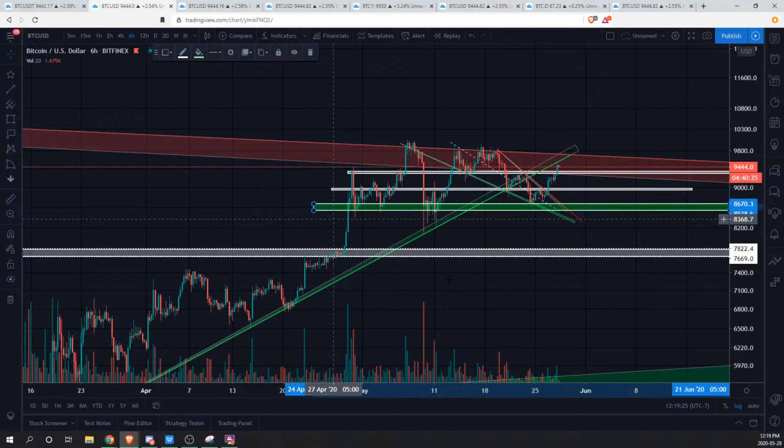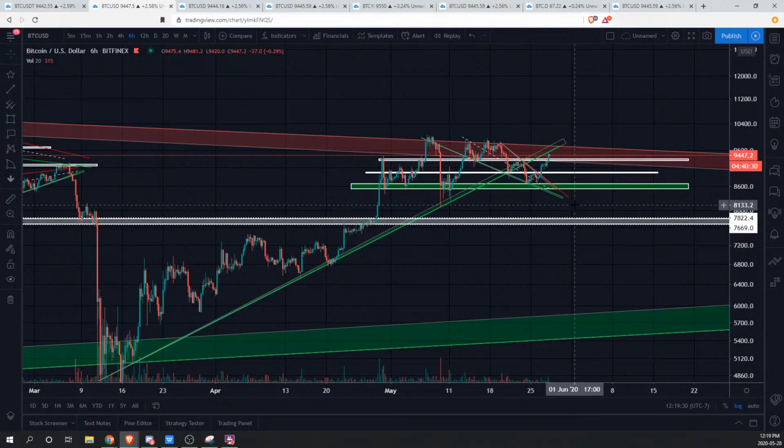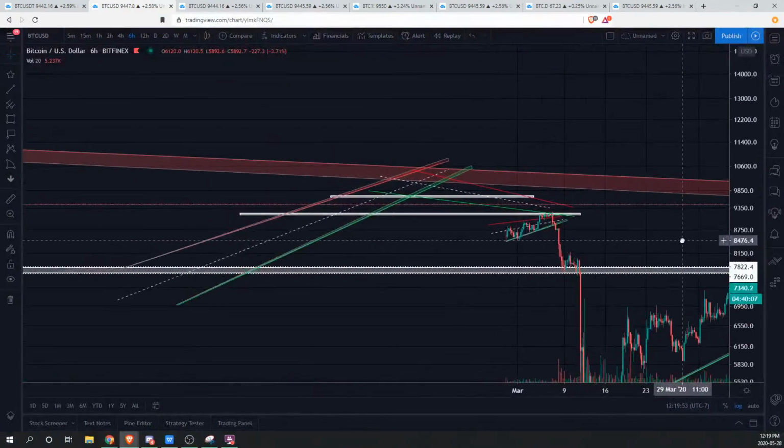and I think if we go below that, that's going to be an area in which we will look for some continuation patterns to the downside, which are ascending wedges, ascending channels, ascending triangles potentially, or even descending triangles. If it's really bearish, you'll get a little pump up, and then you'll get the slam down, hold the support, little pump up, slam down, so you're getting that validation that there's sellers in the market. So that's going to be an area where we're going to be looking for some level of continuation pattern,